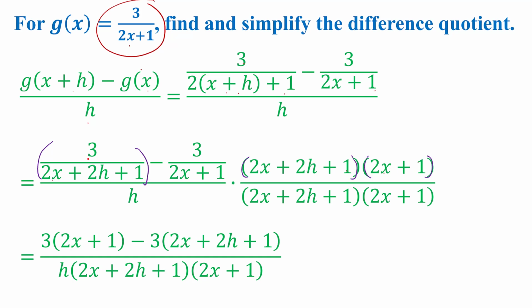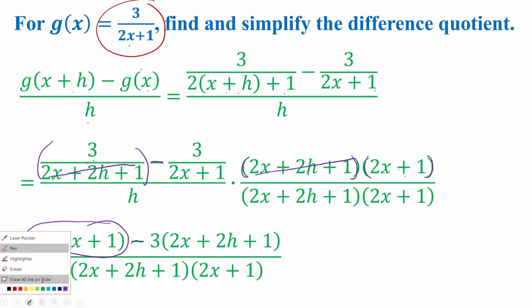So if we multiply this fraction times these two factors, notice 2x plus 2h plus 1 would cancel out. We'd be left with 3 times 2x plus 1, which goes right here. And then we have minus,